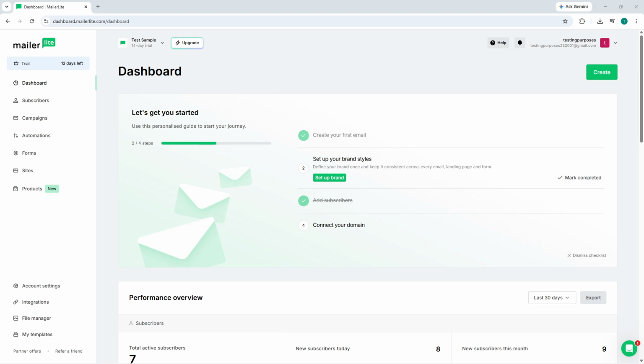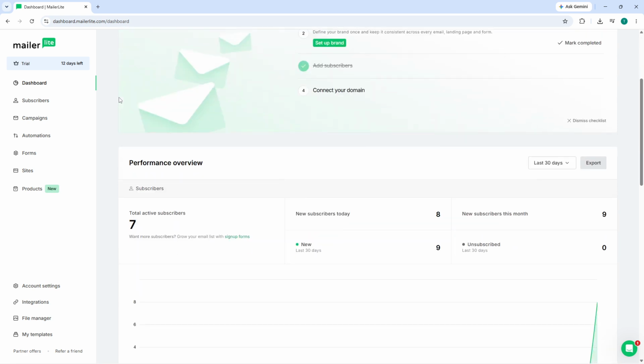In today's video, I'm going to show you exactly how to add subscribers manually in MailerLite, step by step, so you can take full control of your email list and ensure every contact is exactly where they need to be. MailerLite is one of the most user-friendly email marketing platforms out there, and knowing how to manually add subscribers gives you the flexibility to import those important contacts who might have come in through a referral, a business card exchange,